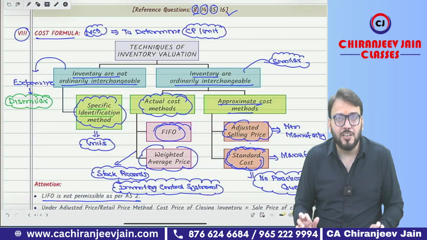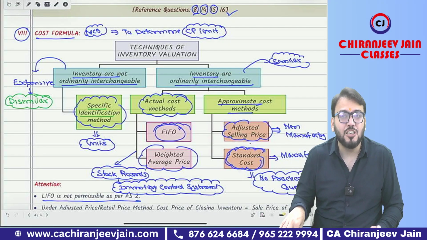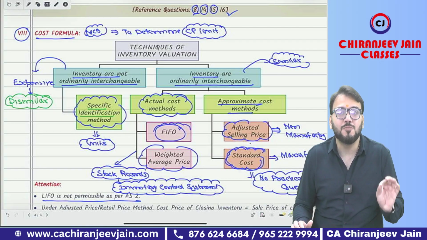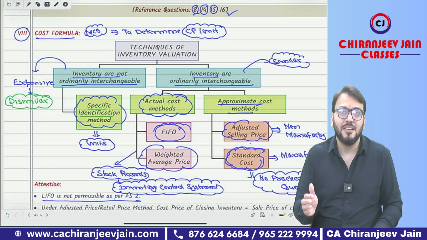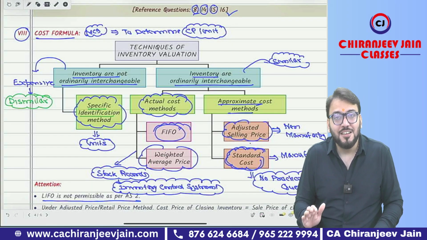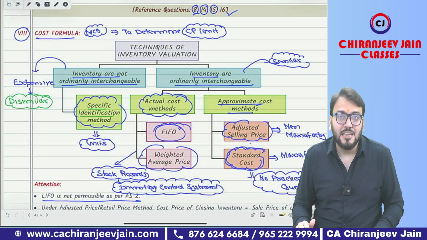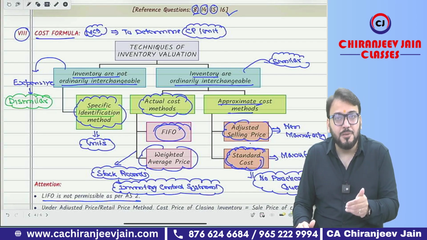Cost formula will be used to determine the cost price per unit. For that purpose, if the inventories are not ordinarily interchangeable, we use the specific identification method. But for the inventories which can be interchanged, which are ordinarily interchangeable,